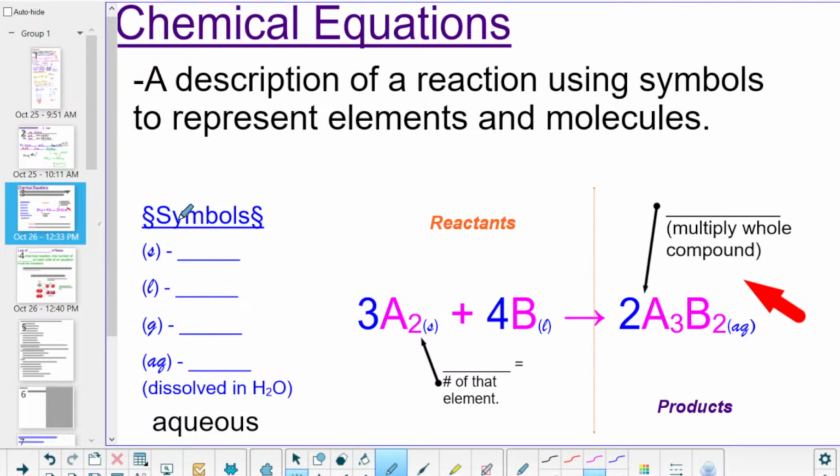Zachary, give me the first three. Solid, liquid, and gas. Solid. Solid, liquid, and gas. And then the last one,